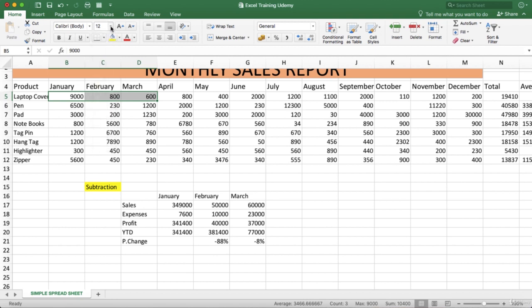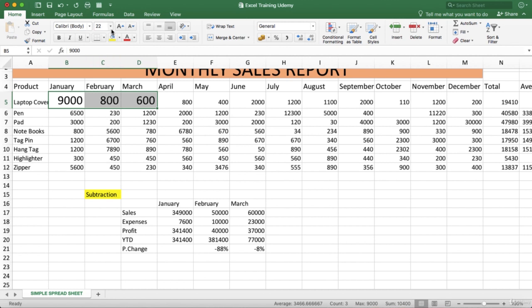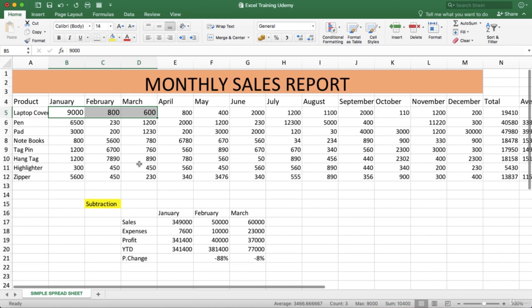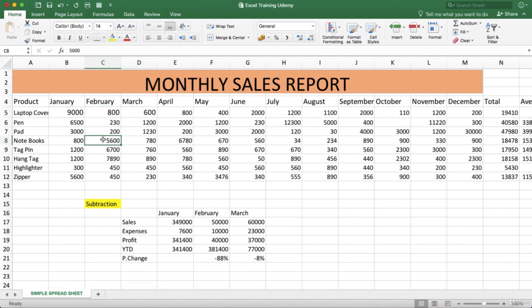fonts, these are the different sizes. So click on the cells that you want to change the size, then here you can change the sizes in different ways. I'm just showing you the novice one. So after that